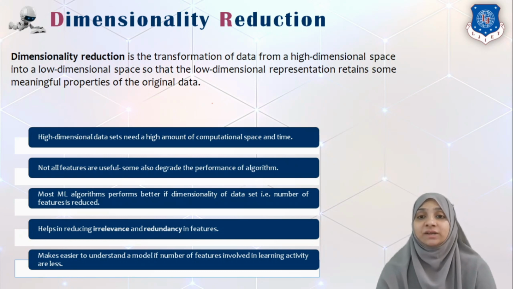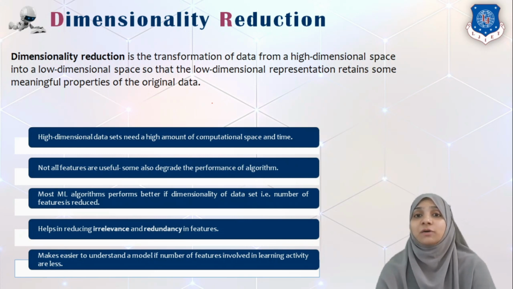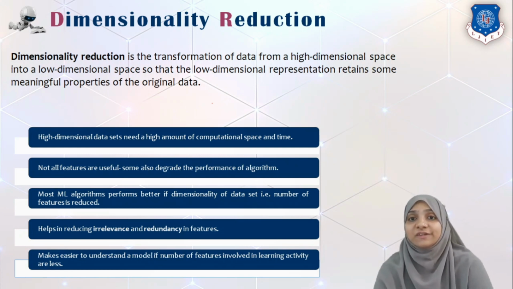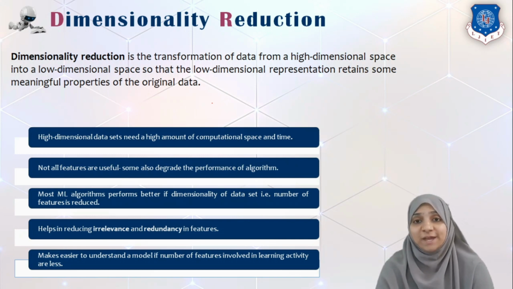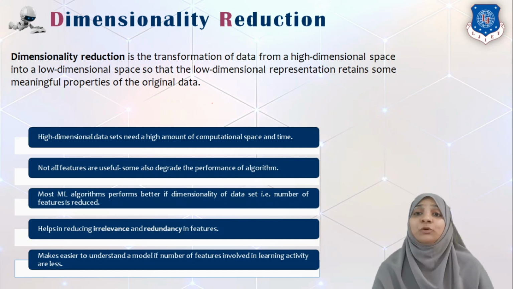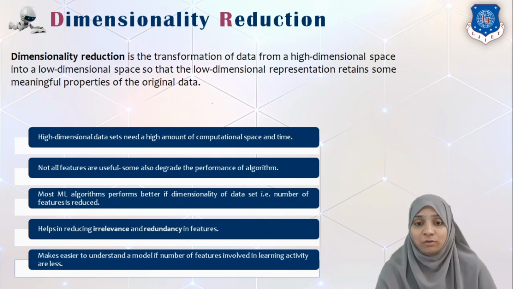In a current machine learning scenario, if data is emerging from medical science, IoT devices or some smart devices, it might have more than hundreds of attributes. Now, these many attributes will take a lot of computation space as well as time to process. All features, all attributes, or all dimensions are altogether not required to improve the performance of an algorithm. Some attributes might also degrade the performance of the algorithm. So we are only interested in finding those attributes which might improve the performance of the algorithm.